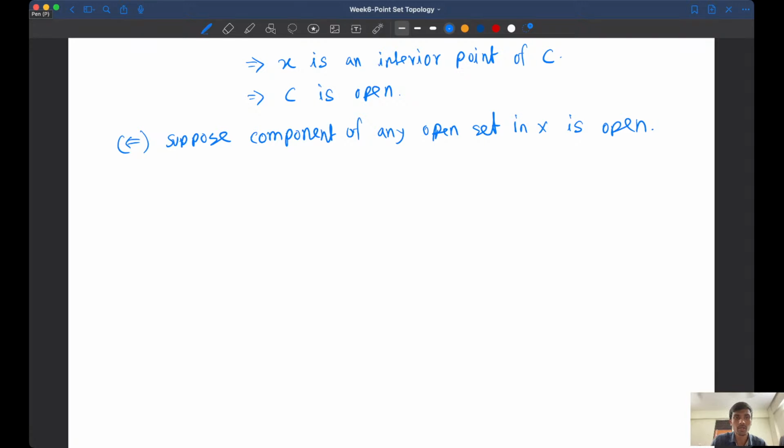So again I have to pick X belonging to X, and U is any neighborhood of X in X. Okay, so I have to get one connected open neighborhood